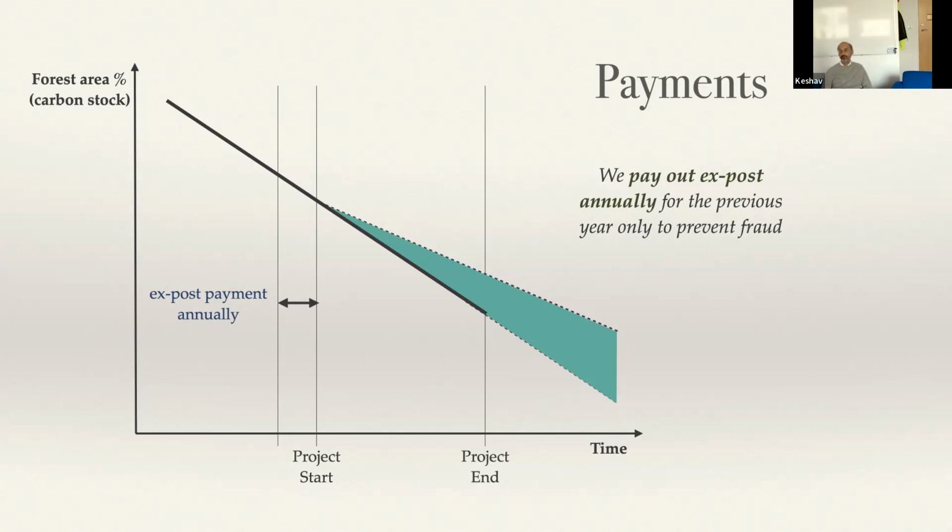And so this means that we never are projecting, we're not making payments ex ante, which means before the project happened, we only make payments ex post. So each year ex post, we evaluate the additionality, the leakage, and then we have a computation for the expected permanence that allows us to pay for the sequestration, which gives us these very trustworthy credits. Again, are there any questions about this that I can answer?